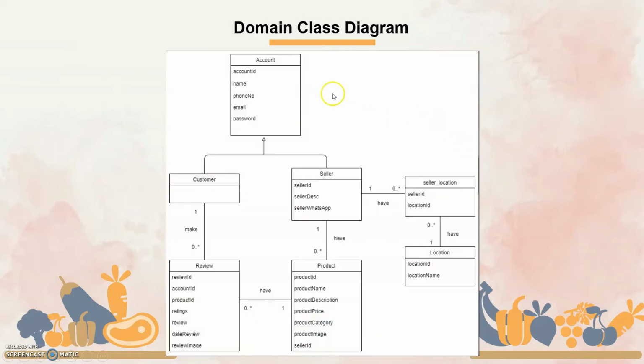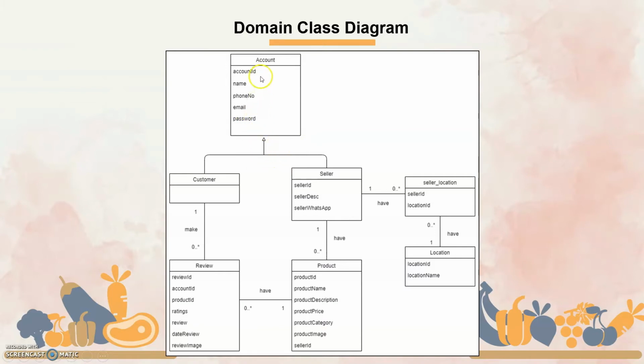And next is the domain class diagram for the application. The domain class diagram has seven classes that include account, customer, seller, review, product, location, and seller location. Each class has its own attributes, and each class also has relationships with other classes.